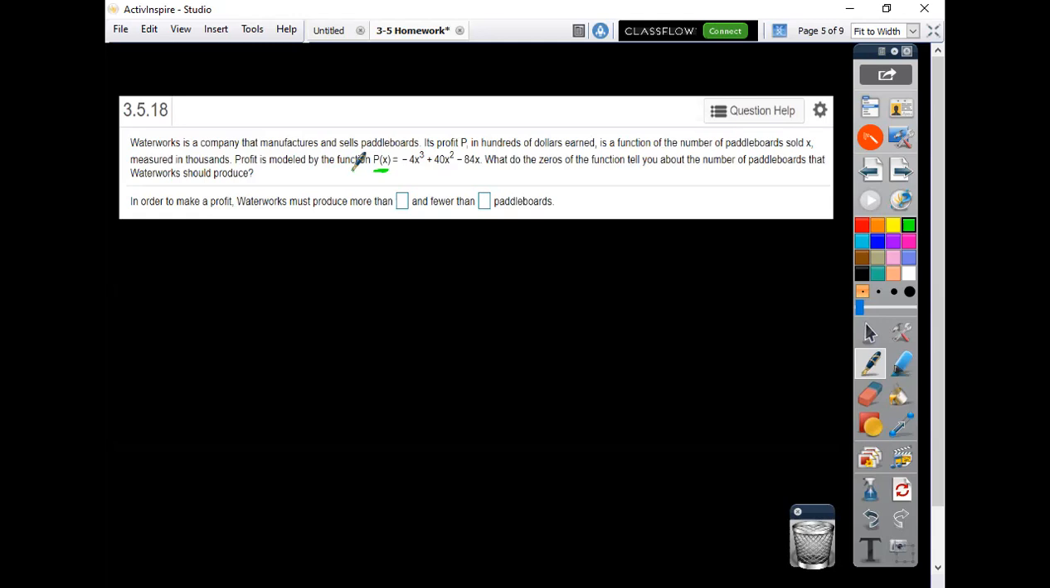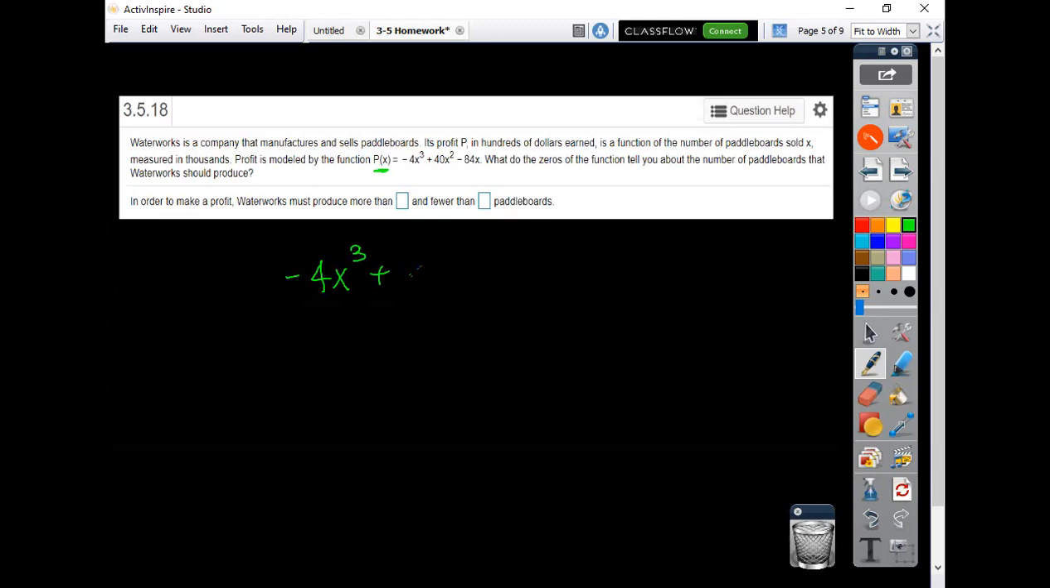So what do the zeros of the function tell you about them? That would tell me when I make profit. So in order to make a profit, Waterworks must produce more than and fewer than what number of paddle boards. In this problem, yes, we could jump over and use our Desmos type of program. But if you are saying,